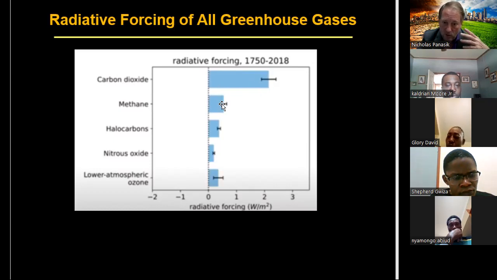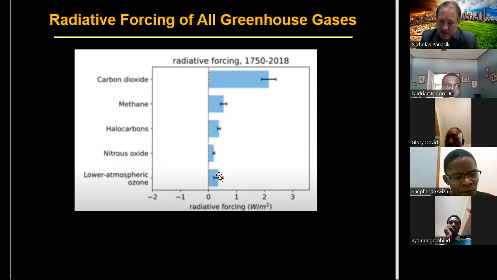For methane, it's around 0.54, or 0.5, over here. Here's our radiative forcing. For halocarbons, it's probably around 0.3 watts per meter squared. For nitrous oxide, another important greenhouse gas, that too is a positive radiative forcing at about